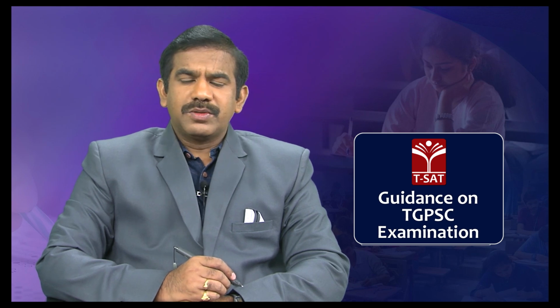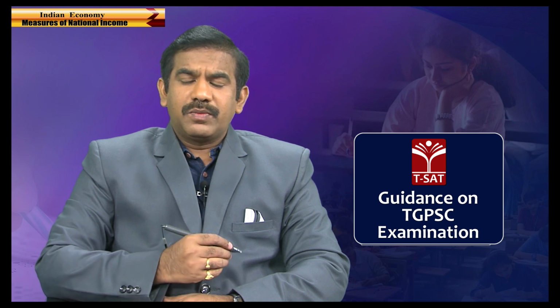But let me ask you a simple question. Why is it that all the countries across the globe, in spite of having different measures of income like GDP, GNP, NDP, we have discussed a lot, why does every nation only prefer expressing their output in terms of GDP? Many times you might have noticed that the national income of most countries, including developed countries like the United States of America or European nations, emerging countries like India, China, or poor countries like Pakistan, everyone expresses their income only in terms of GDP. In spite of having various other alternatives like GNP, NNP, why only GDP?